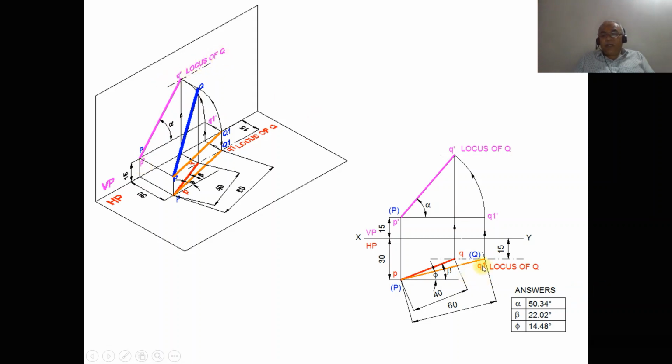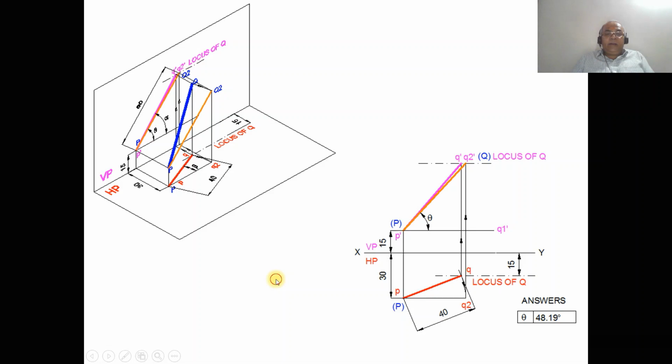That is what we have shown here also. With Q1, you project till P dash, because this is the true length in the horizontal plane. With P dash as center, taking the radius of P dash Q1 dash, you rotate it such that it cuts the end projector line of Q, which has been projected from the top view. So you get this point as Q dash, then join P dash Q dash with a dark line, and now you get the locus of Q in the front view. So similarly,